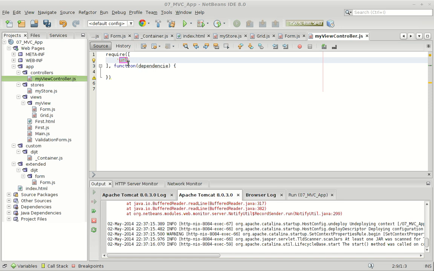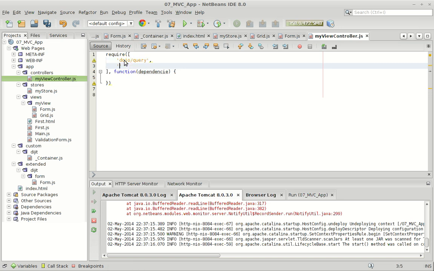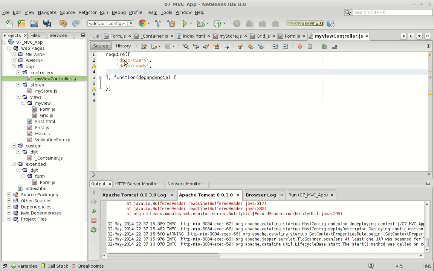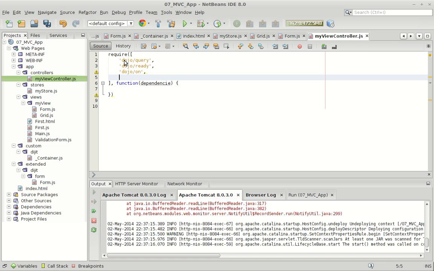So I'm just going to say Dojo query. Oops, sorry. Dojo query. This library is in charge of querying the DOM, and also Dojo ready. This library is in charge of waiting for the DOM ready, like we did before, waiting for all widgets after all widgets are constructed. And Dojo on, this library is in charge of creating or attaching events, and app